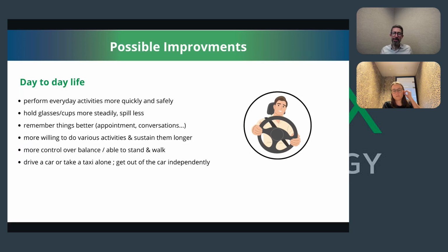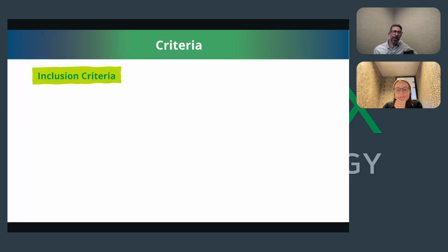And maybe we also wanted to move to one more area, which is the inclusion and exclusion criteria, because I think it's important for people to understand who can benefit from this. Is it really for everyone, or is there a couple of things we need to pay attention to? So let's move to the next slide. Maybe I'll cover the inclusion